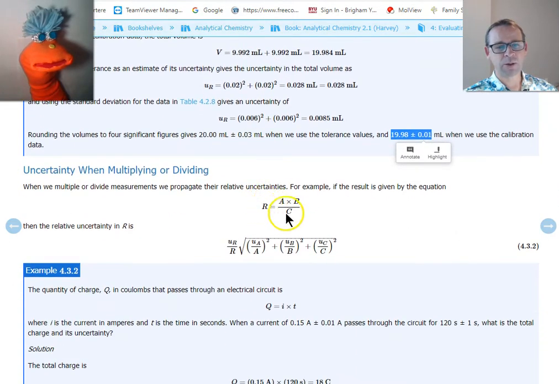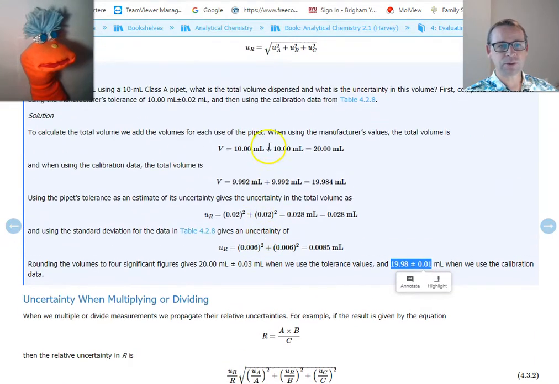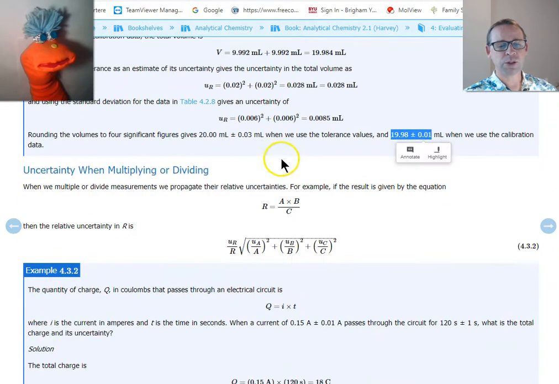But if you multiply or divide, you get other units like grams per milliliter, or grams per milliliter per second, or whatever it is. So you can have lots of different combinations of units. However, these units come in different ranges, right? So you need to take not the absolute error like we do here, but the relative error. So you need to convert that error to a relative error by taking your error, dividing it